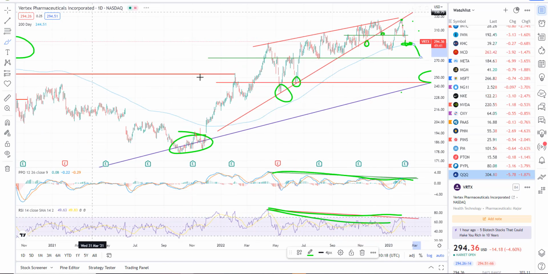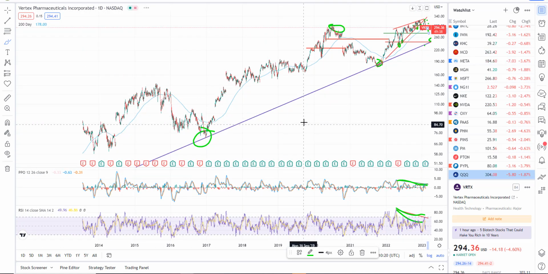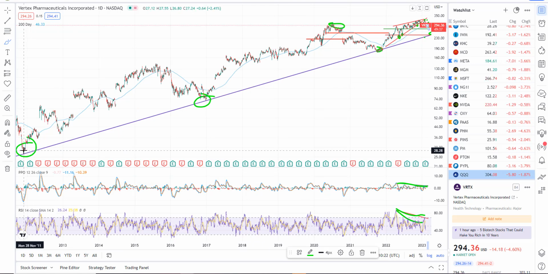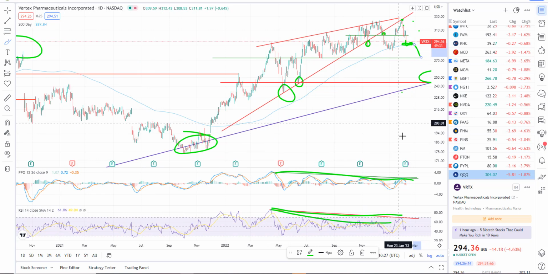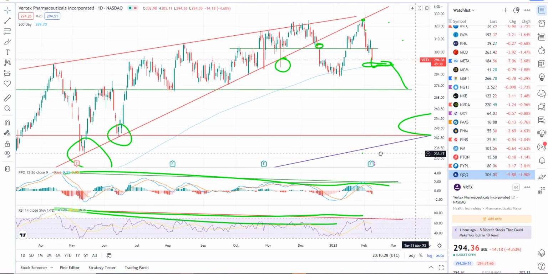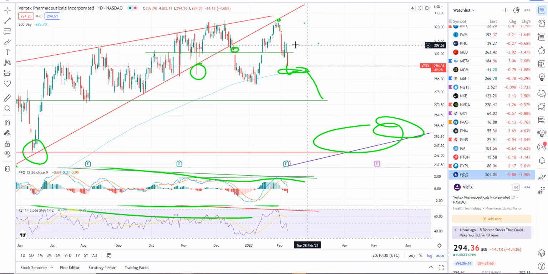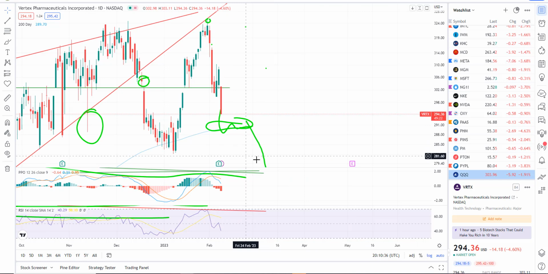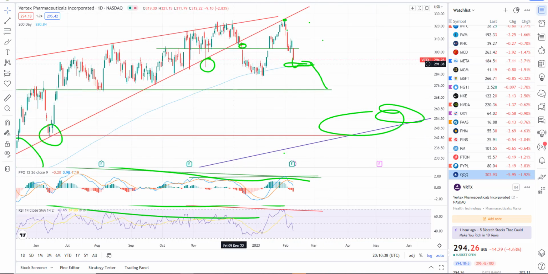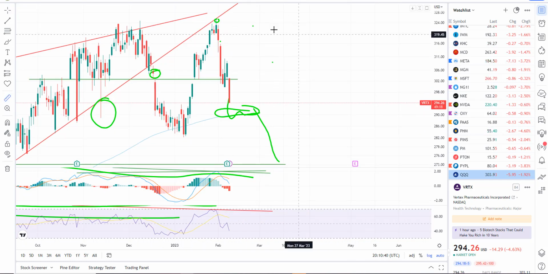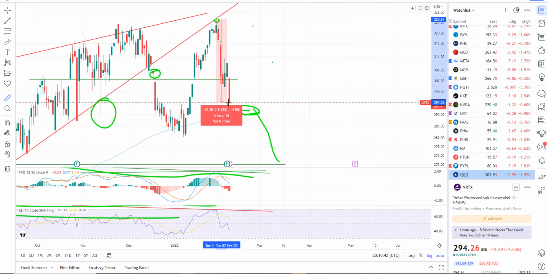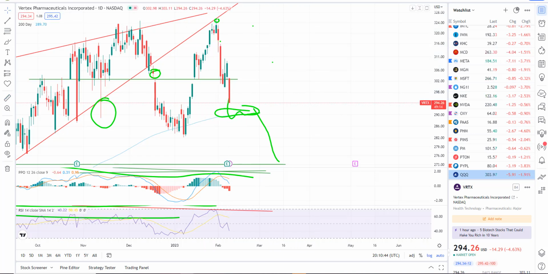And then long term, I do think we're coming down to this trend line here, which comes off of 2011. You can see I've got lots of tags of support, and that would be my longer term target for now, is all the way down there. I do believe we've started that trend towards that longer term target, but we'll have bounces along the way. So looking good. And if you took the short at that objective entry there, it's profitable by almost 10%,